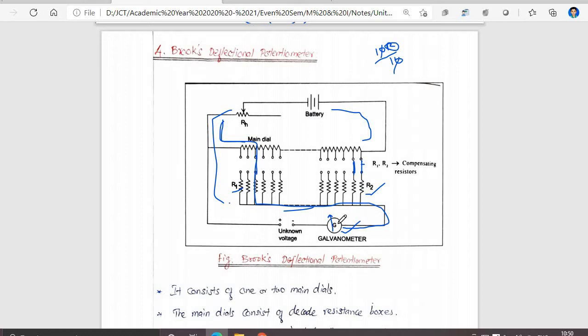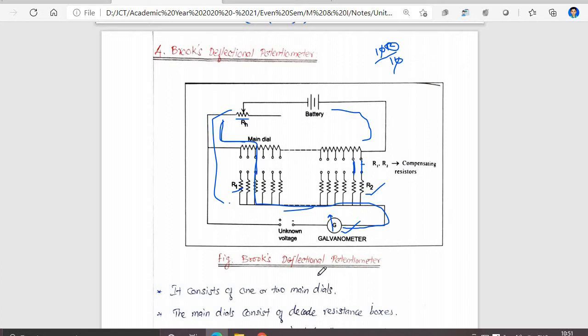The galvanometer point will come to the null point. If it does not show the null potential, you can adjust the variable resistance and change the compensating resistance value also. Just change the different resistances added to the main dial and the compensating resistance so we can get the null point. It is the initial step, and everything is the same. All potentiometer circuits are the same. The first step is to set a null point, which means the circuit is in a balanced condition.